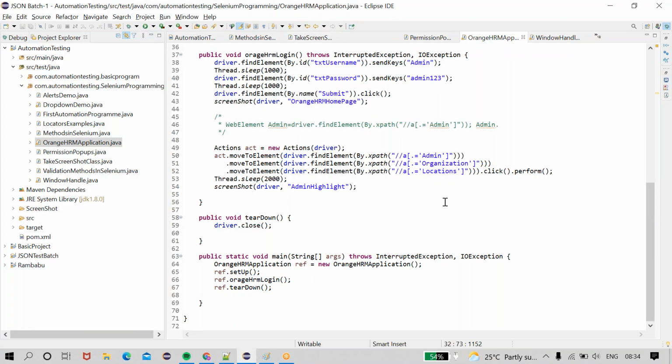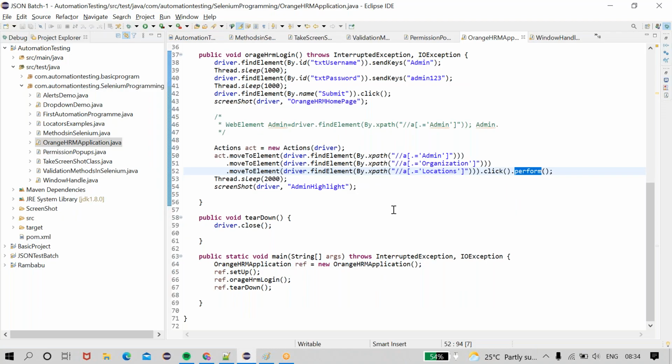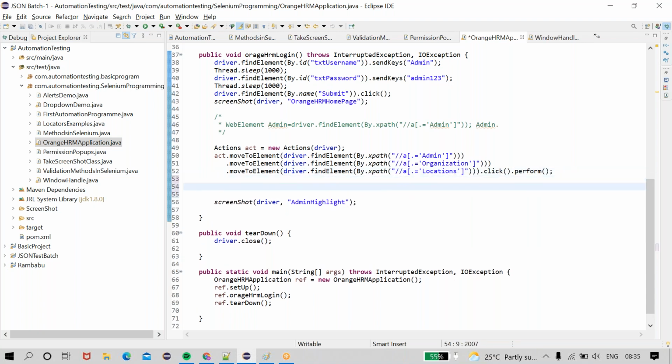Okay. Right now, after performing operations only, it is navigating up to here. It opens the location. Now I want to search the location. I want to enter some text over that location. After completion of this method, I am going to perform some operations. What operations? I want to enter text.